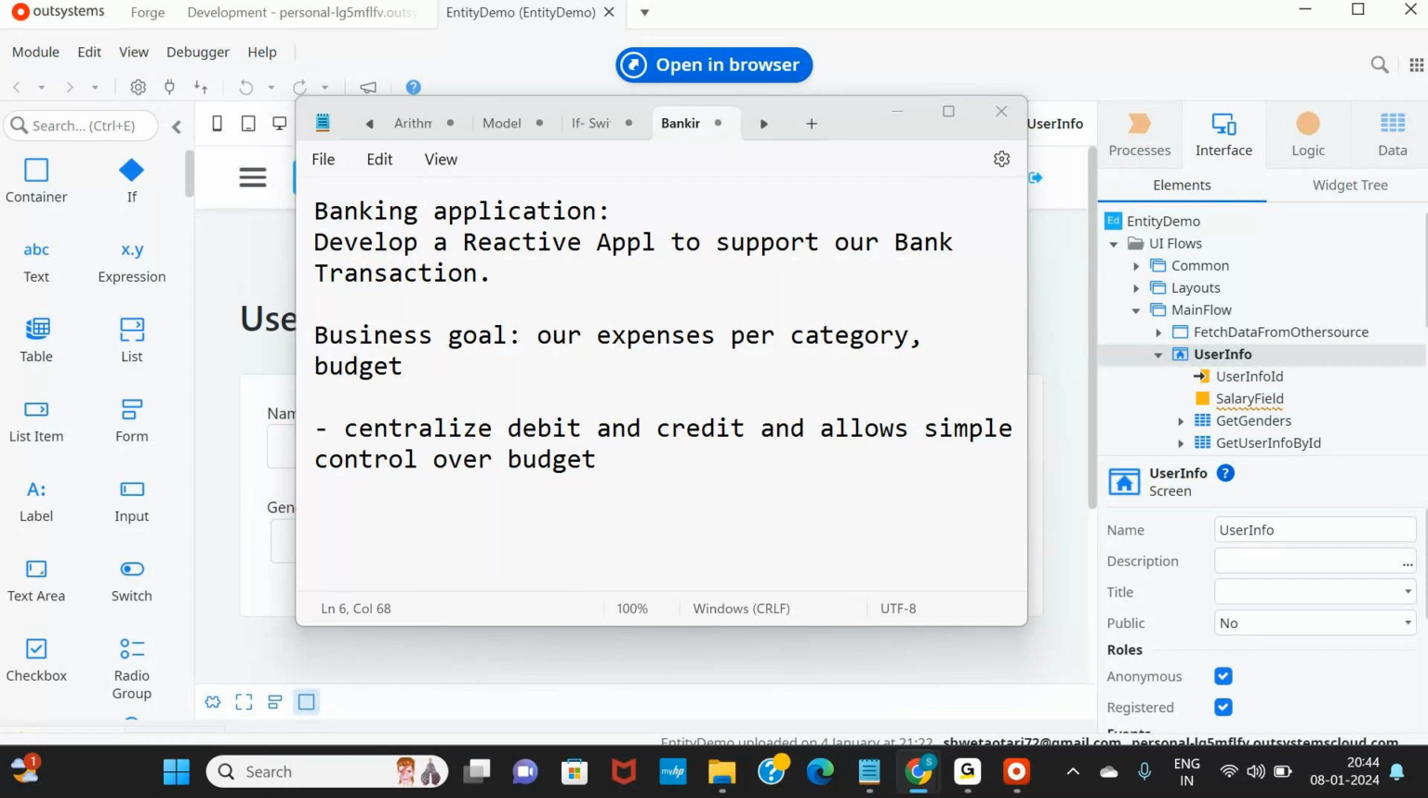And there will be a simple UI. The application should have a simple UI to allow the user to quickly navigate and use the application. Okay, there will be a simple UI. Then